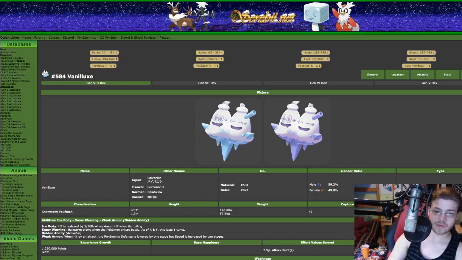Today we're going to be talking about Vanilluxe, the Gen 5 mono Ice type Pokemon, the Ice Cream Man himself. Pretty cool Pokemon, the Snowstorm Pokemon, having the ability Snow Warning, which is essentially Drought or Sandstream, where whenever you switch in or enter battle in general, you set Hailstorm up, which is pretty good for a few